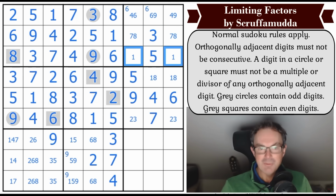Now, what were we doing? We put in some digits up here. We put in... Oh, we'd got rid of a 6 pencil mark, and we were going to look at...